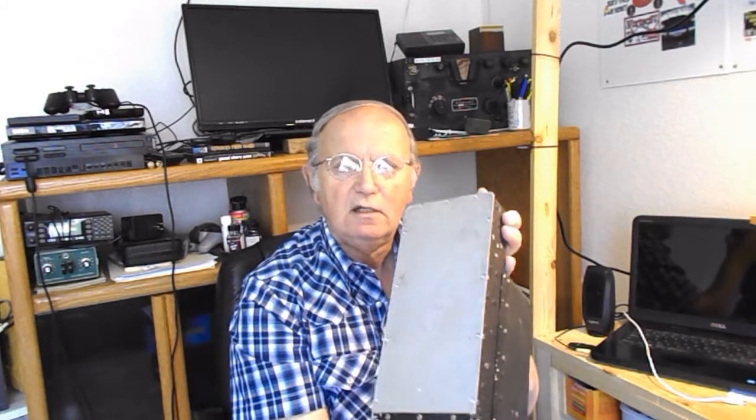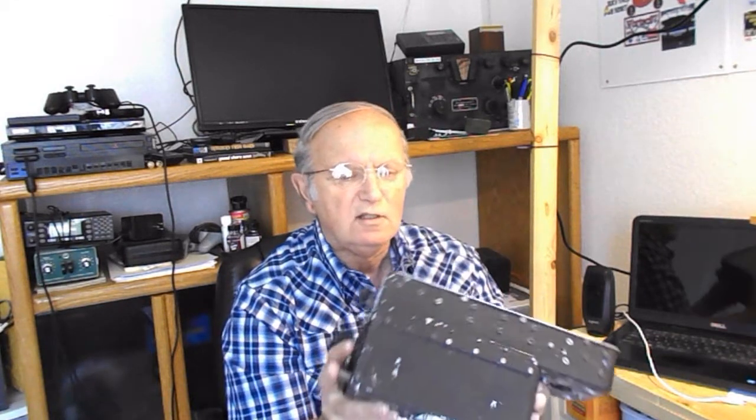I have not taken off the bottom cover on this one, so I don't know what kind of condition the capacitors and stuff are in. Could have leaking ones in it, I don't know. So that's actually another project. Yeah, felt pad on the top here. But this other one,